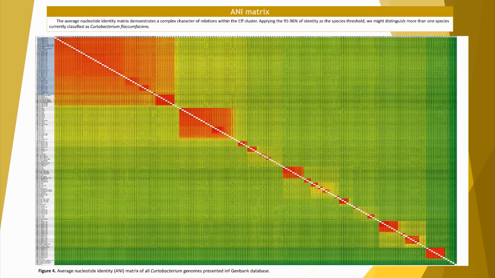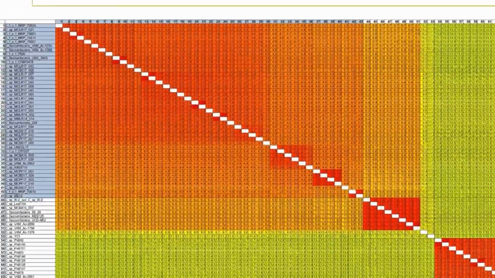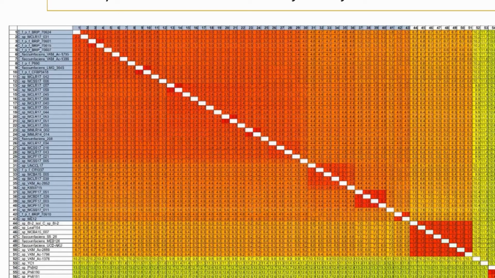Neighbor joining clusterization with any distance grouped all classified Curtobacterium flaccumfaciens strains and a part of unclassified Curtobacterium in one large cluster consisting of 51 strains. The lowest ANI value in this cluster compared to the Curtobacterium flaccumfaciens type strain was 93.5%, which is lower than the species threshold. This large cluster included two subclusters. The first of them included 43 strains with the lowest ANI value of about 94.5%,